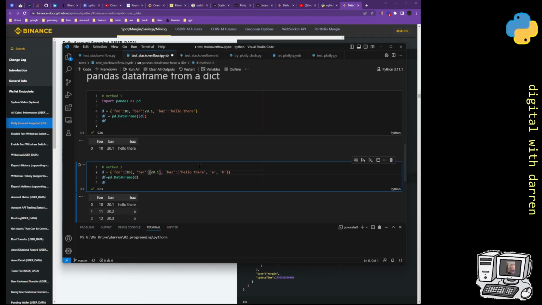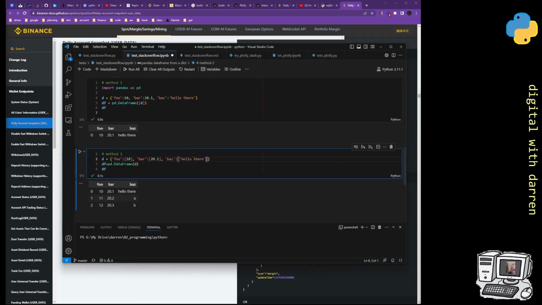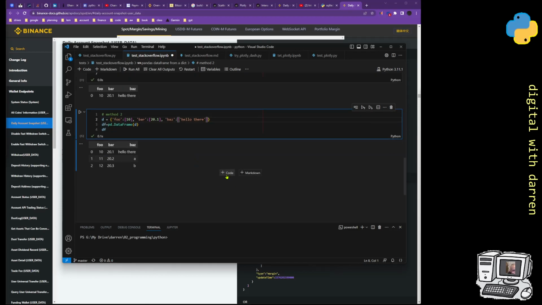But the thing about this, and how I came about this, was that I want to append a CSV file. We can use the CSV module, which is one way of doing it, and you can append a CSV file from a dictionary, but it's actually quite convenient to append a CSV file from a data frame. So we can do